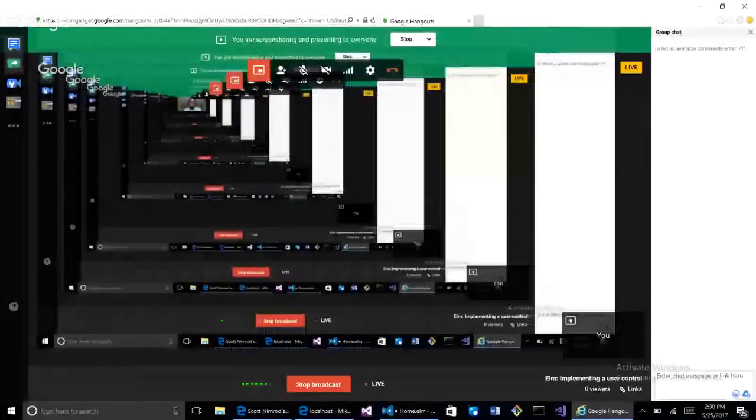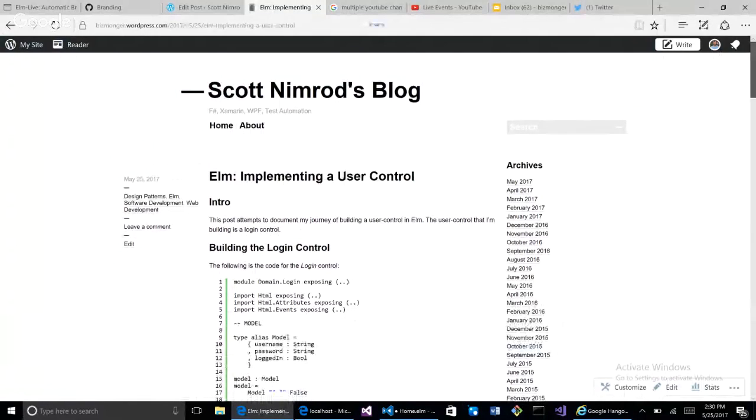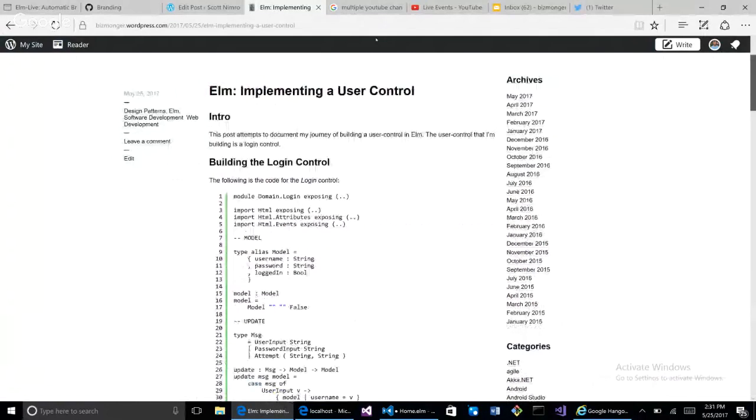Let me share my screen. I basically just published this post, Elm: Implementing a User Control. It talks about how I'm taking this login control that has a username, a password, and a login button,